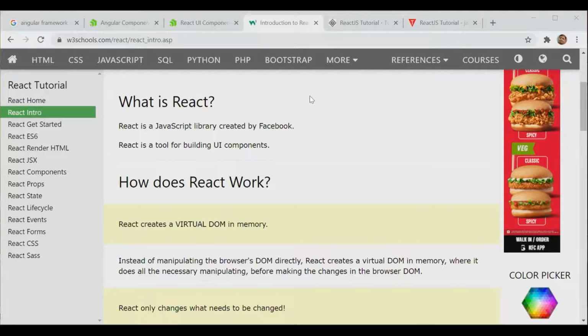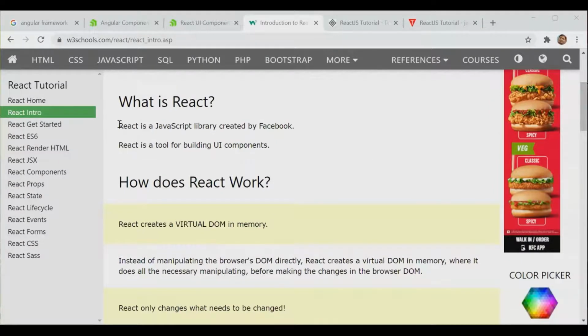So if we want to use the whole framework, then we should go for AngularJS. That means we have to install their supporting things also, right? Yes. So a library is more lightweight compared to a framework. Okay, let's move next.